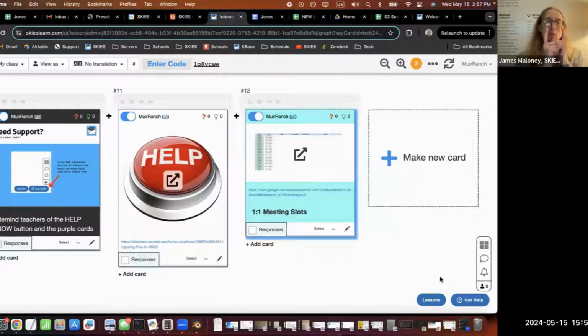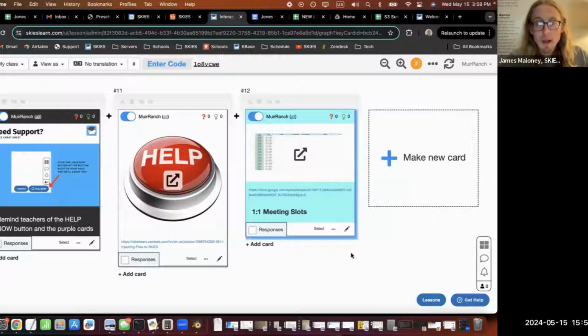But whenever we meet with a teacher one on one and we ask them how they teach and we meet them where they're at, in their zone of proximal development, and say, hey, that's great, why don't you just start with this? Then it works great. So there's your chance to get a one-on-one meeting with someone from our team, where you can tell us how you teach and we'll help you make a lesson. We're also going to do that today.